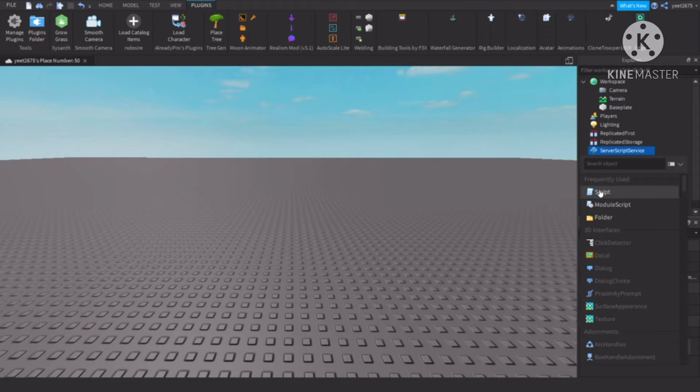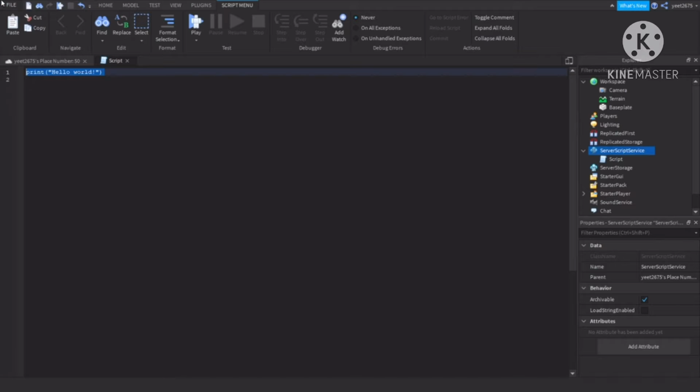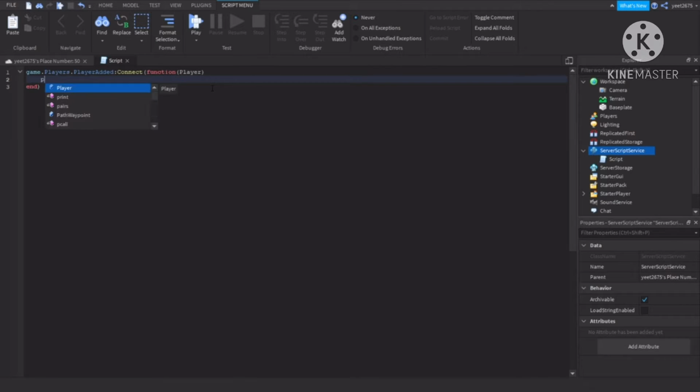So first, we're going to add a script, like that. Then we're going to do whenever the player is added. So game.Players.PlayerAdded:Connect, and then the function. Whenever a player is added, it will fire this function, which has a variable of the player. So player.Chatted, this is whenever the player chats, Connect, and then function, and then this is message not